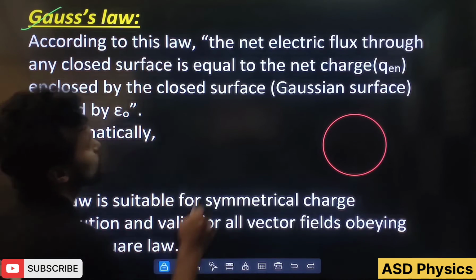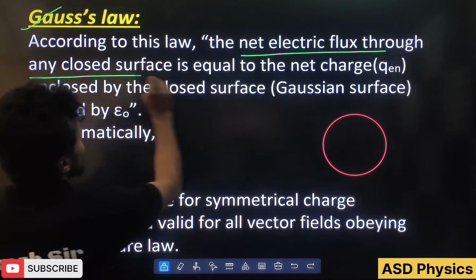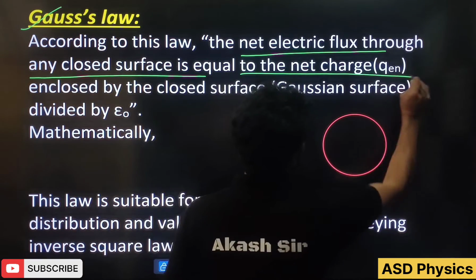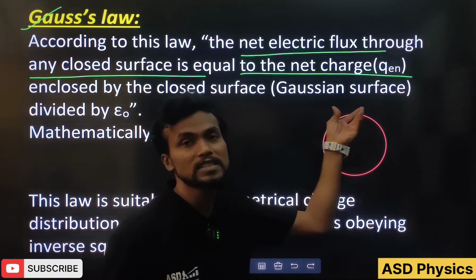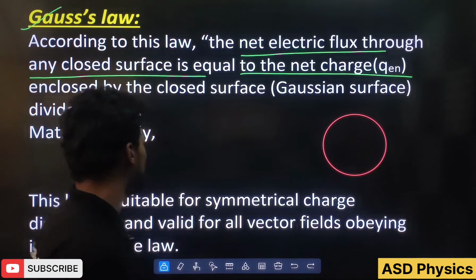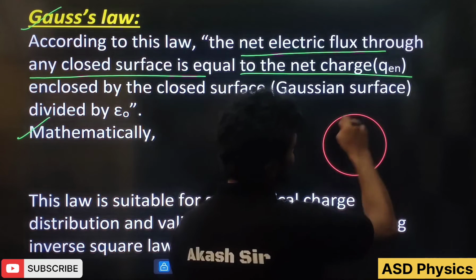According to this law, the net electric flux through any closed surface is equal to the net charge enclosed by the closed surface divided by epsilon naught, and this closed surface is called which surface? Gaussian surface also. Okay students, so mathematically we are going to learn here, but first I have taken one